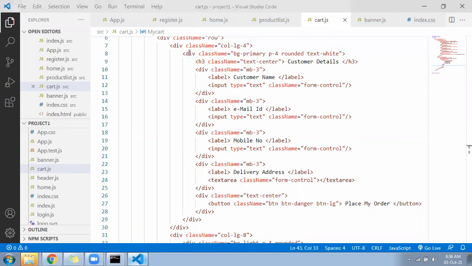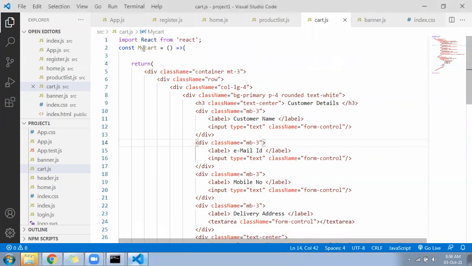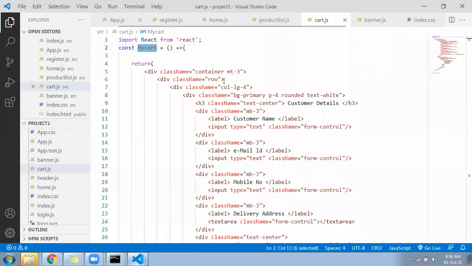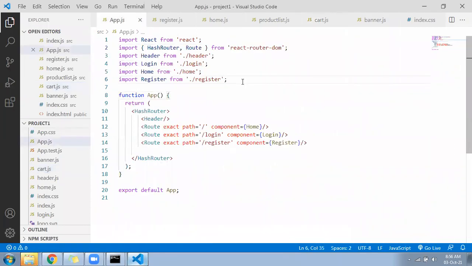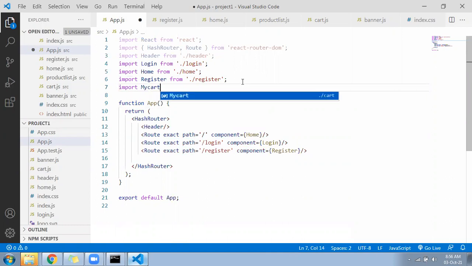Okay, so your file has come to your chat. Now let's go ahead to the app.js file. Inside the cart file, the class name is called MyCart. Okay, come to the app.js file. Import MyCart from cart.